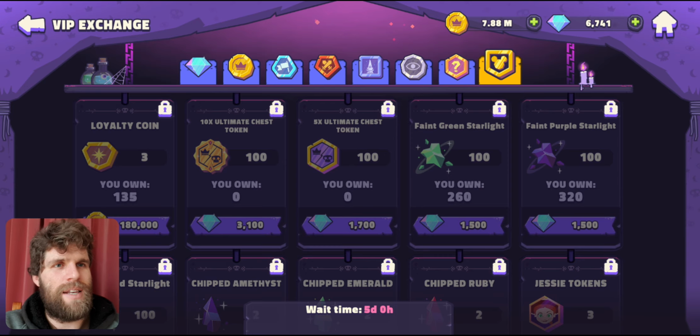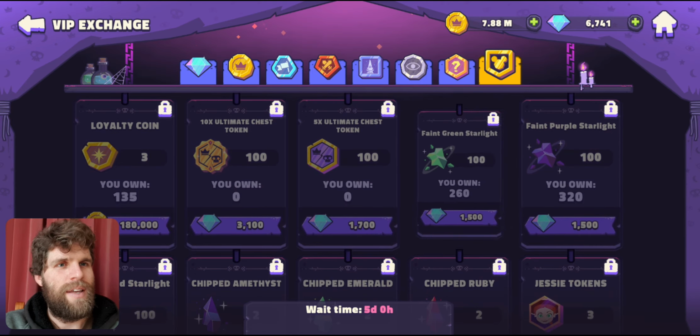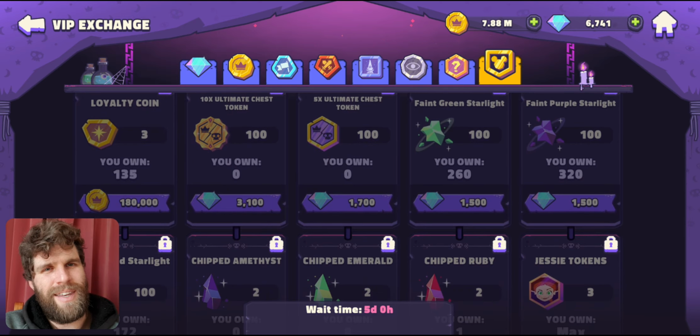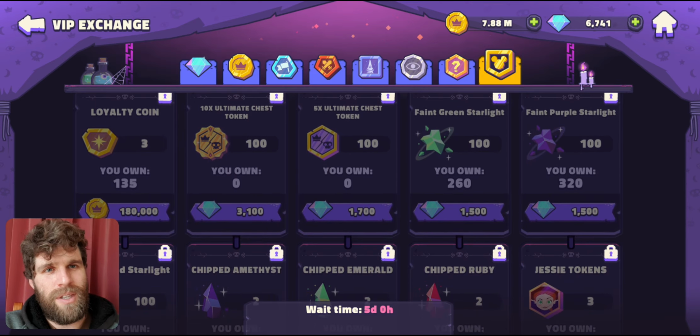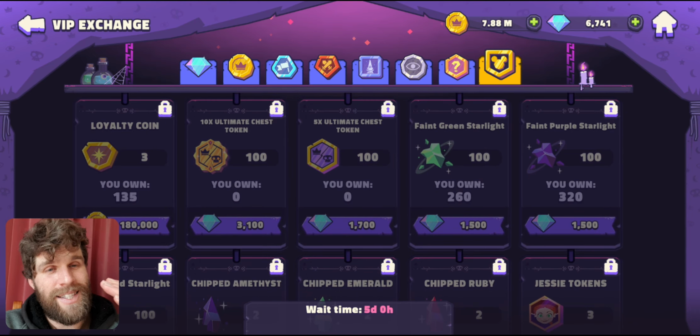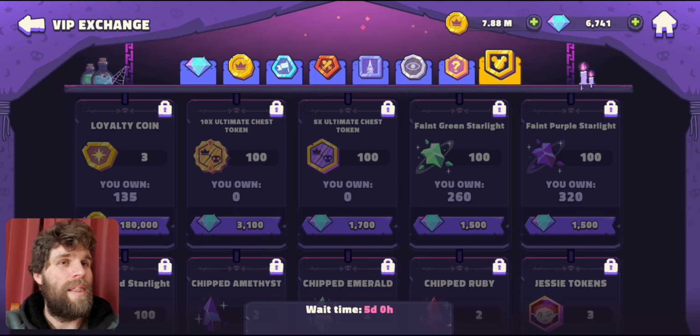Now, the VIP exchange has now got the Sorcerer's Stone material to take yourselves up to level 2. Pretty much don't buy the loyalty coins. You don't get that much out of it for the gold that you're spending. The ultimate chest, the 5 and 10 times, it's worth it only if you're going to be buying those anyway from the shop. I wouldn't say that the pulling packs are worth it, although if you're spending a lot,